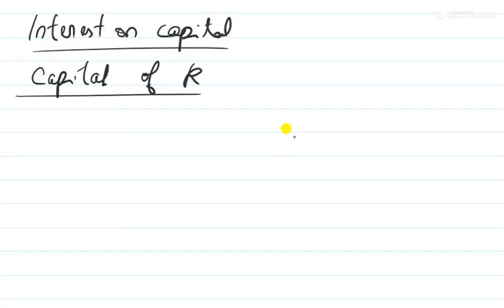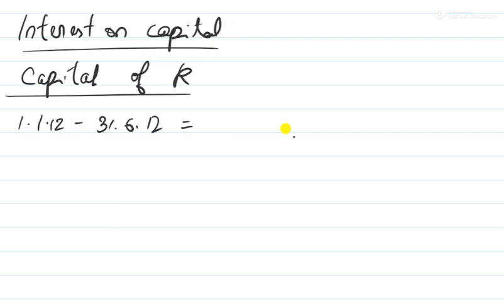So for the first 6 months the capital of R was how much? It was 60,000, if I'm not wrong. It means that from 1st January till the end of June, the capital was 60,000, as the capital was introduced on 1st July. So from 1/1/2012 to 30/6/2012 the capital was 60,000, right? And the rate of interest is 12%. Okay, so we'll calculate the interest later. First, let's see what changes took place in the capital of Raman.